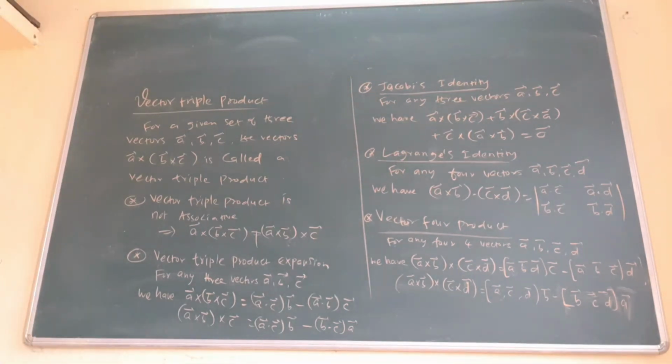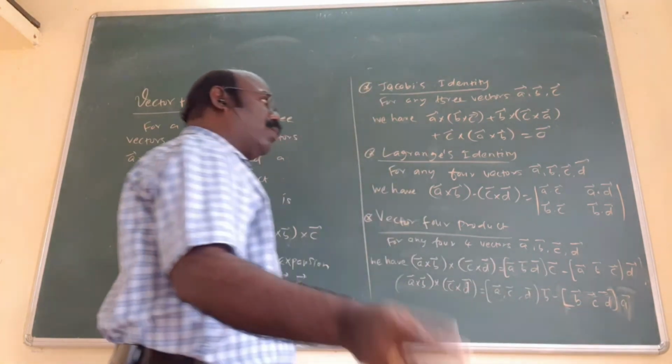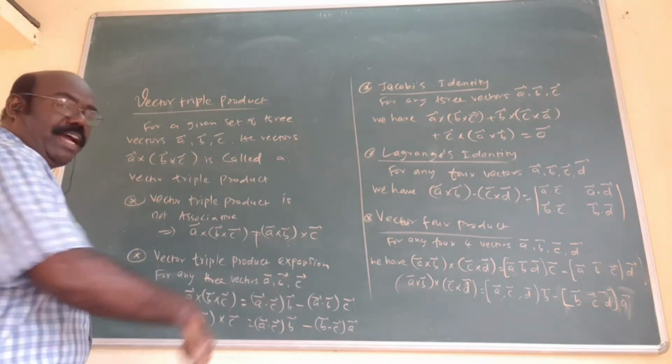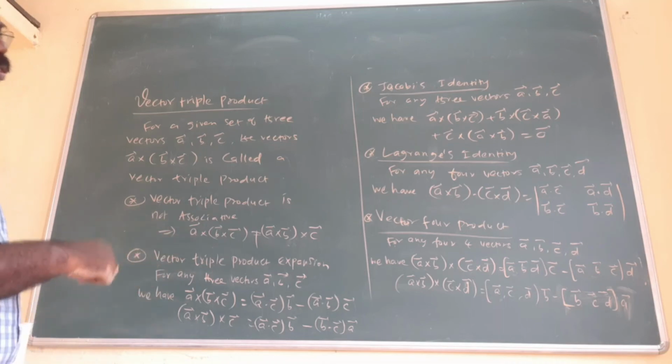Sometimes problems ask, verify this one. This is equal to this. Automatically LHS is equal to RHS. Similarly here also, verify this one. This is equal to this, or this is equal to this. In this way they ask. But definitely these are all formulas, and definitely both will be equal. This is the idea for the next exercise, the third exercise. Now I will do some example problems.